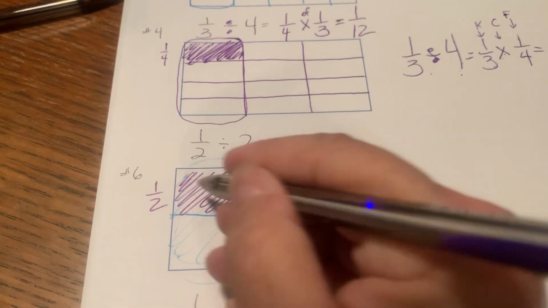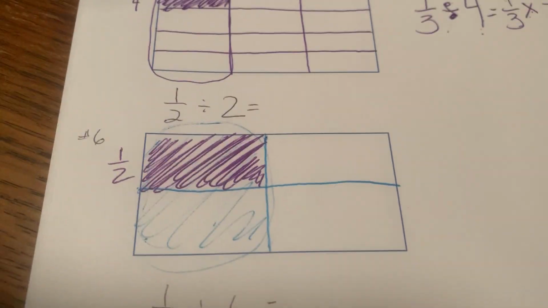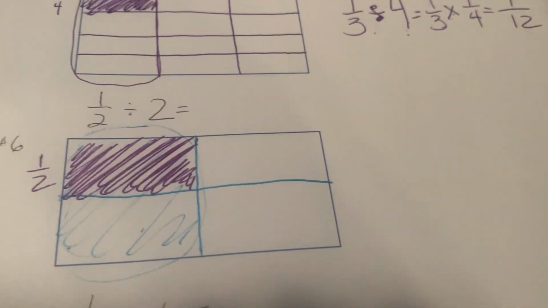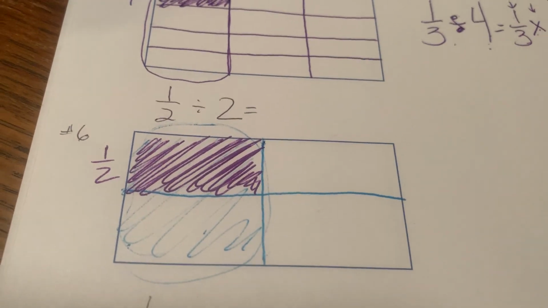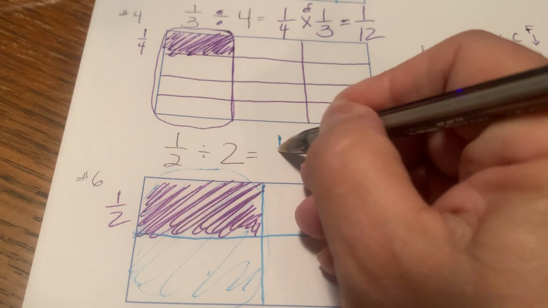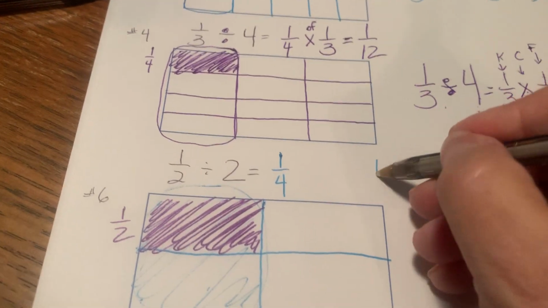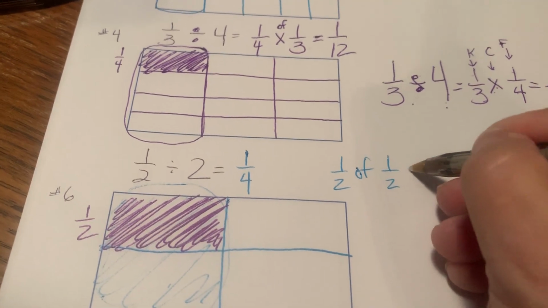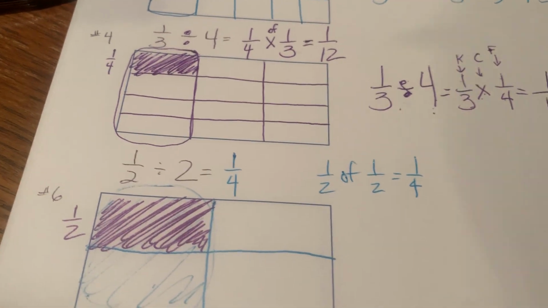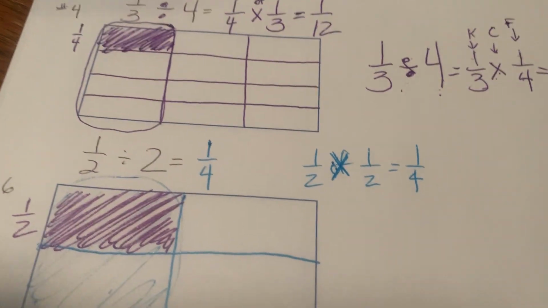Oh, isn't that funny? 1/2 of 1/2. And now when I look at that picture as a whole, I can see that 1/2 of 1/2 is 1/4. Oops, I forgot to write. 1/2 of 1/2 equals 1/4, which makes sense because I can think of the word of,